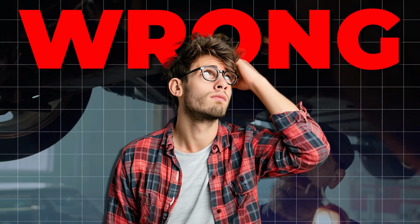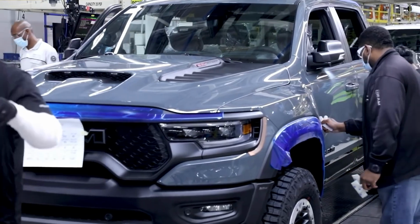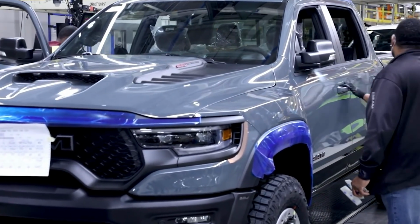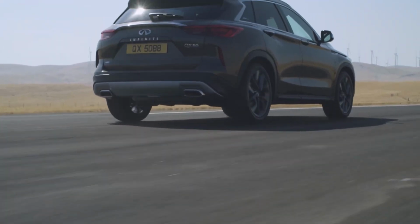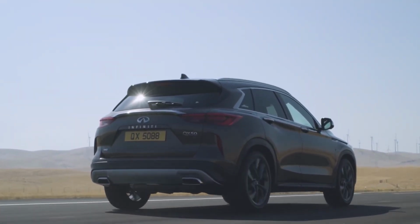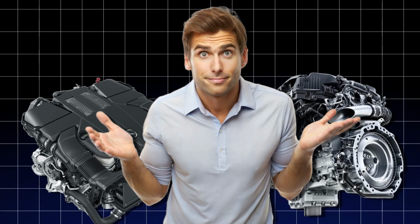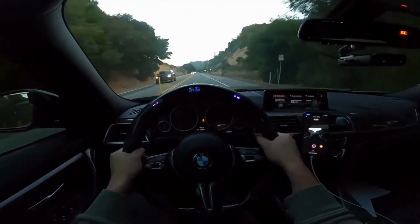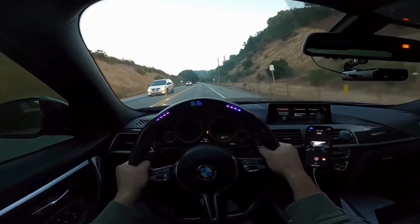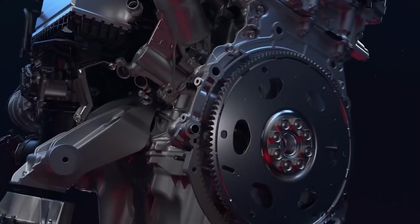Here's where most people go wrong. They assume a new car requires no immediate attention. After all, it's fresh off the assembly line, right? The truth is, even the most advanced modern engines experience a higher level of wear during the first few hundred miles than at almost any other time in their lifespan. Understanding why this stage is so crucial could save your engine from unnecessary wear and set you up for years of reliable performance. To grasp the full picture, it's essential to understand what's really happening inside your engine during this